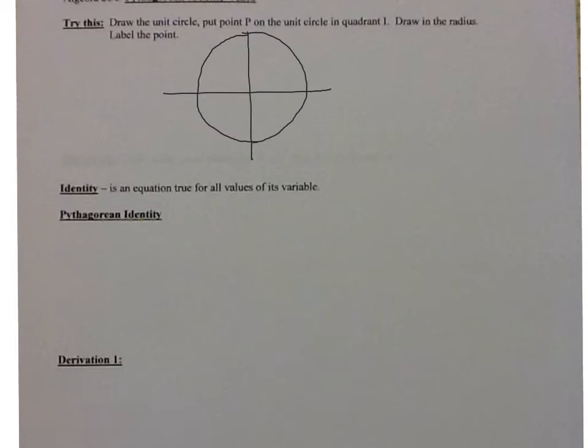Okay, so we're going to put point P on the unit circle. I'm going to draw in my radius. So hopefully you recall, since my unit circle is up, down, left, right, 1 unit, that means my radius is equal to 1. My point is labeled cosine theta, sine theta. Remember, cosine is x and sine is y. All right, so from this,